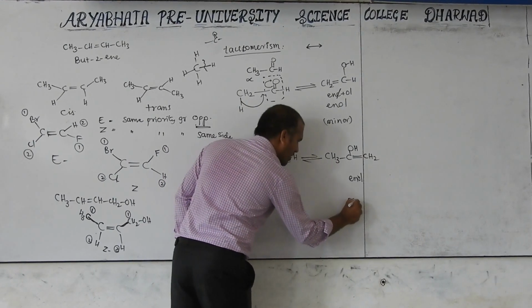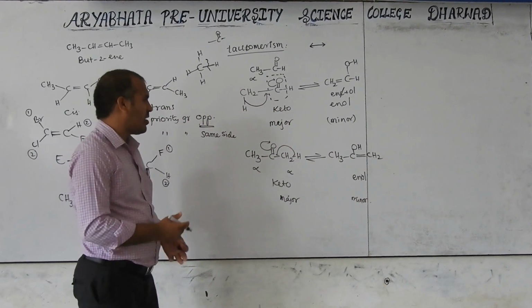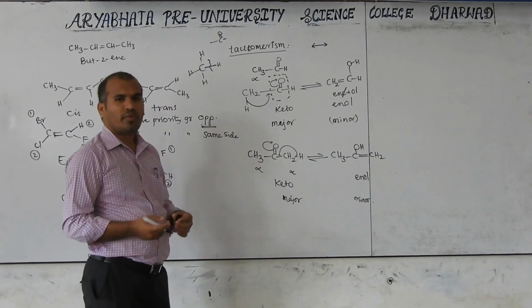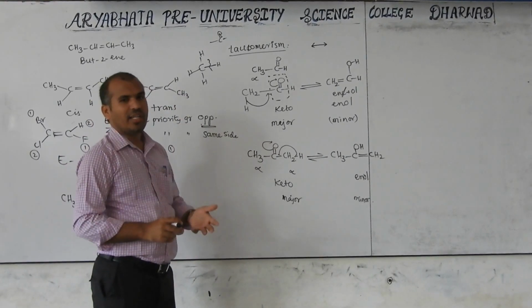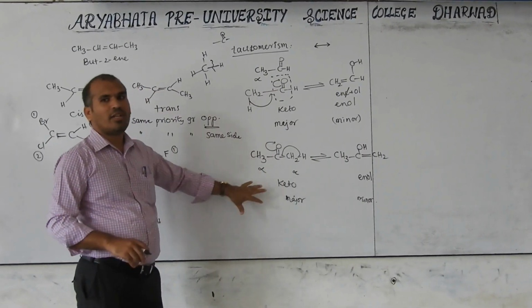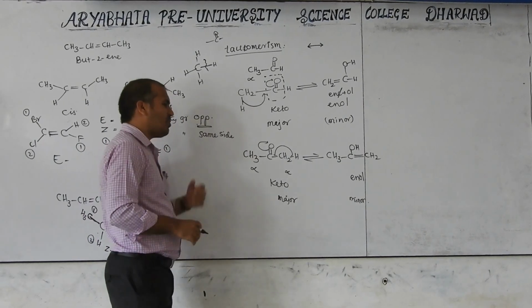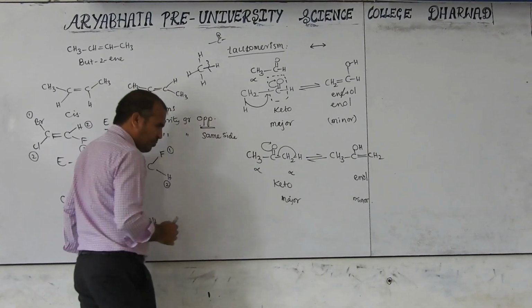This is minor. Why am I discussing it? It will come in the next reactions, in aldol condensation or somewhere. Enol form intermediate will be there. Enolate will be an intermediate. That purpose only. What is keto-enol tautomerism? First one I am discussing. You cannot understand it immediately when discussing it again. That's for practice purpose only I am discussing now.